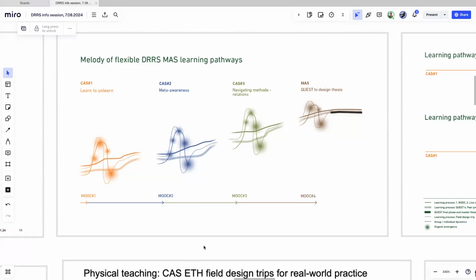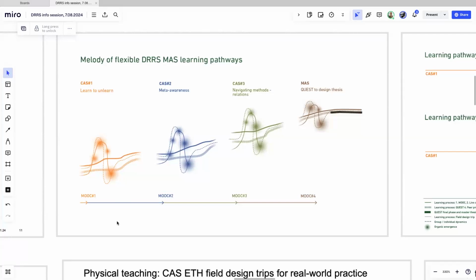There is an online virtual part and also a physical one. The lines that are more horizontal represent the online part, and the dynamics up and down that you see within every module is the field design trip. There are a lot of things happening individually, personally, but also within the group. And these fluffy bubbles that you see along each line are points of organic emergence. This is something that we cannot design, we cannot predict. This is happening because of the openness of the group for the things to come.